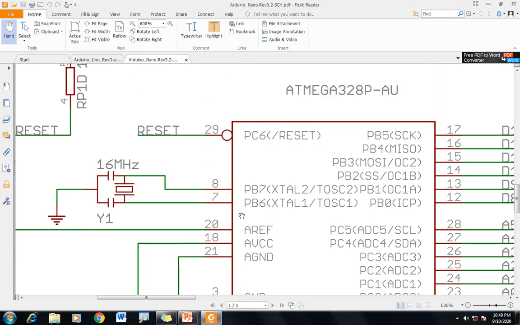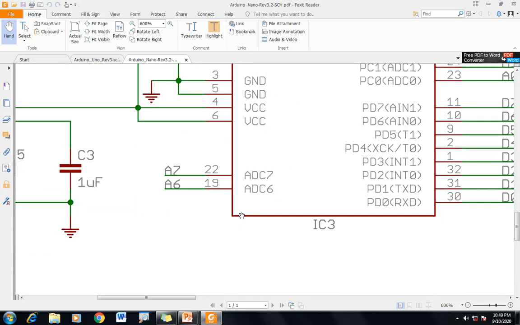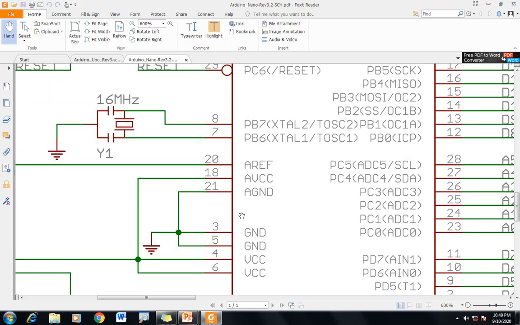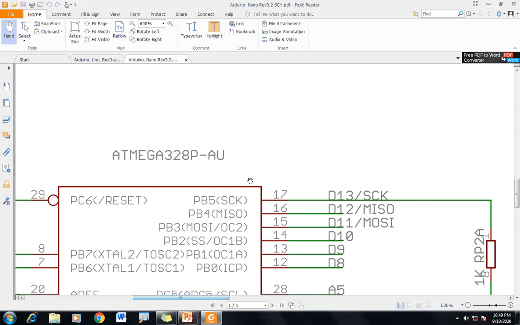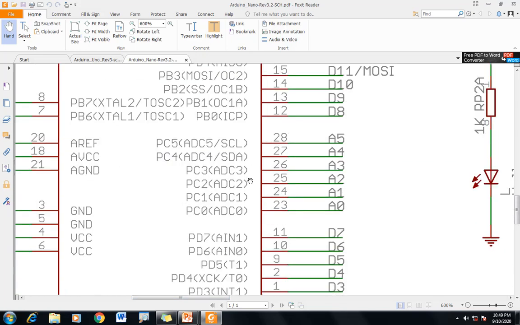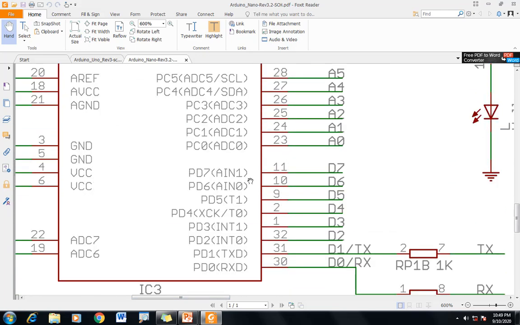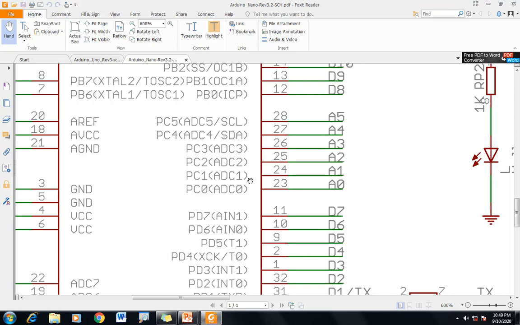This is open source, you can download it. I will be sharing this datasheet and schematic with you in the resource files. You can go through this.